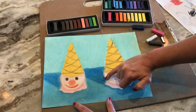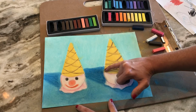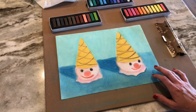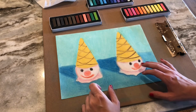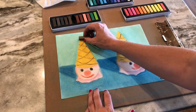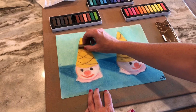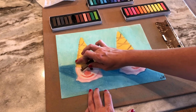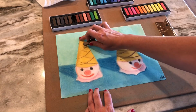Use a clean finger to clean it off. The cone and ice cream. Now let's add just a little bit of shading on our cone and our ice cream, which is a sphere. So I'm going to pick a darker brown, and on the cone, we're just going to go on the left side, the same side as the shadow, and put a little bit of brown on this edge, and then I'm just going to smooth it out like that to give it a little shading or a little shadow,